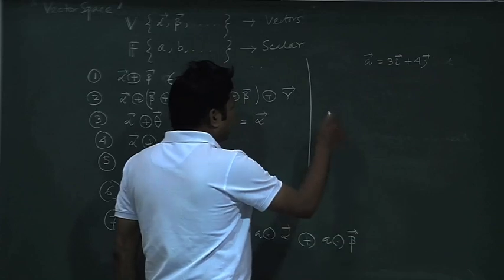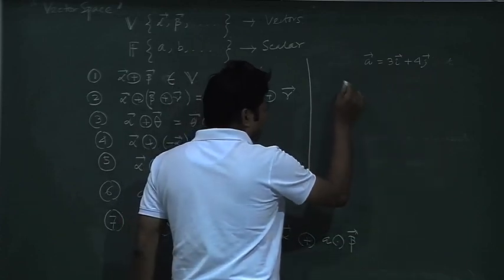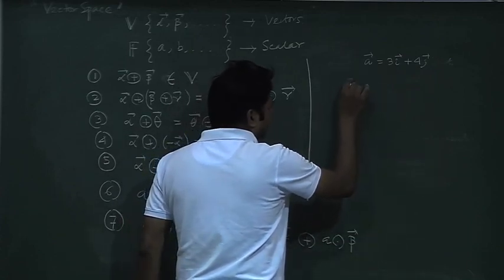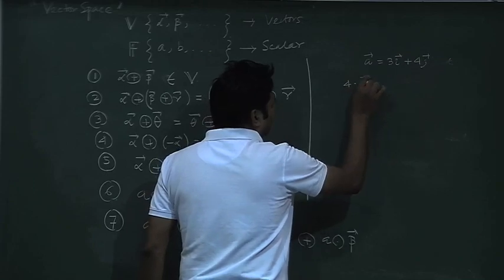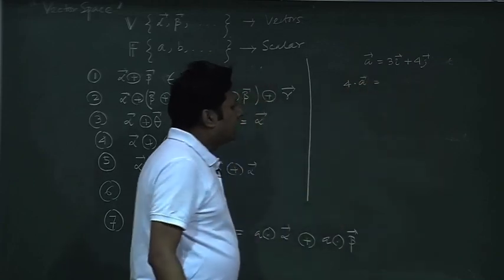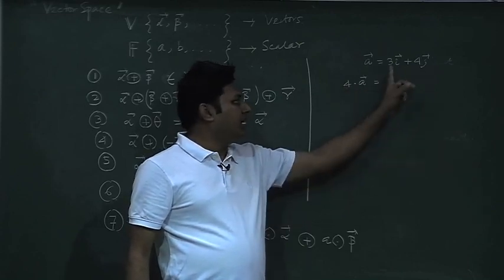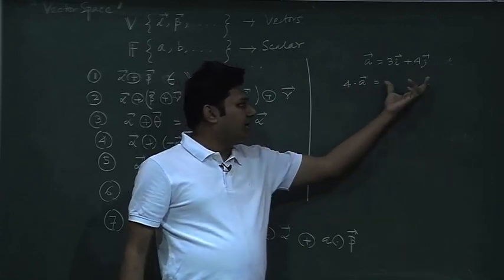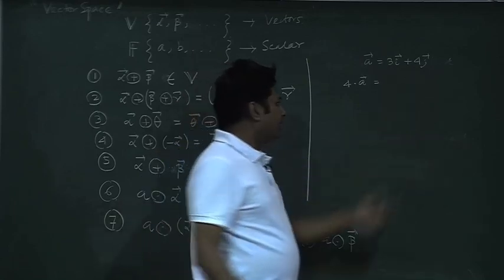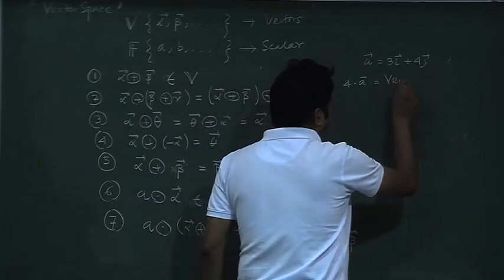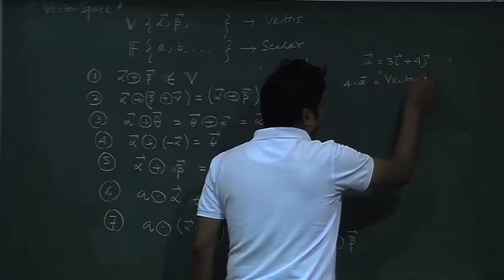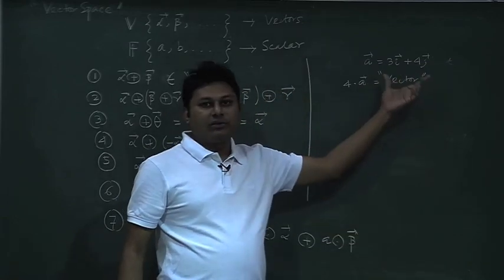Now if I multiply it by any scalar quantity, a real number, say 4 multiplied by a, this is quite simple, and you can say it is quite trivial that they will multiply and I will have another quantity which is a vector, with some values. You can calculate the values also,